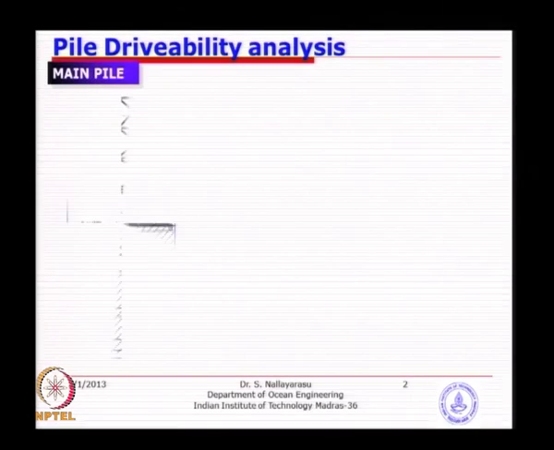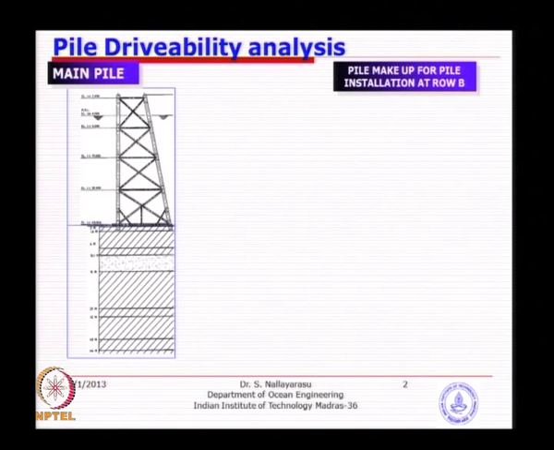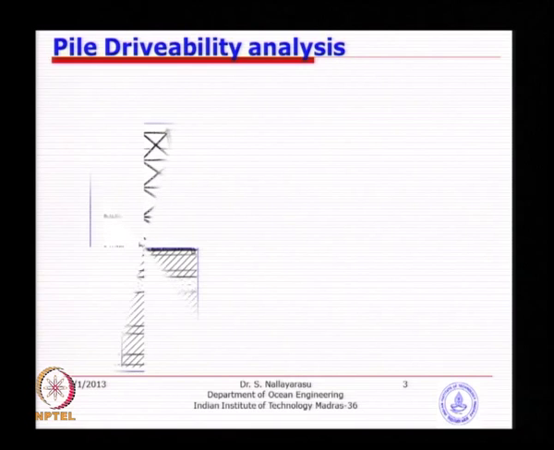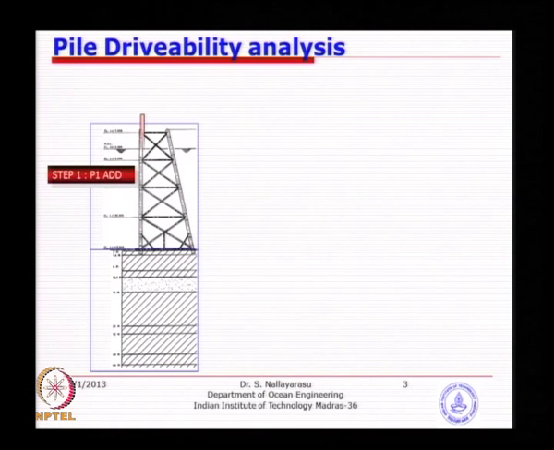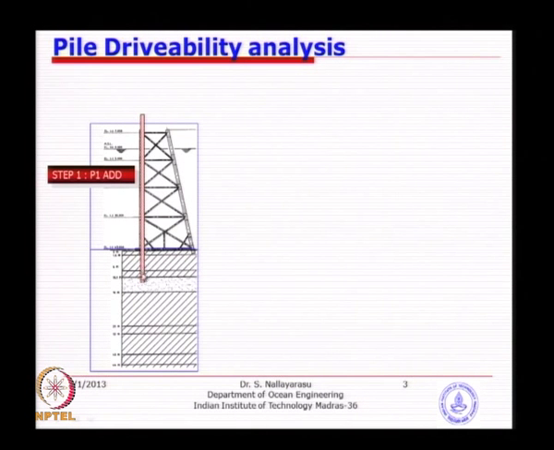A typical driving system, I think I showed you some pictures yesterday. Basically the main pile: the first step is to insert a segment into the leg, which is what we were discussing yesterday. Some portion of it must be sticking up, so that you can place the second segment, and that means at this time it must be stable, because the capacity coming from the soil and the pile weight are equal after cutting the stopper. I think the stopper is the most important parameter here.